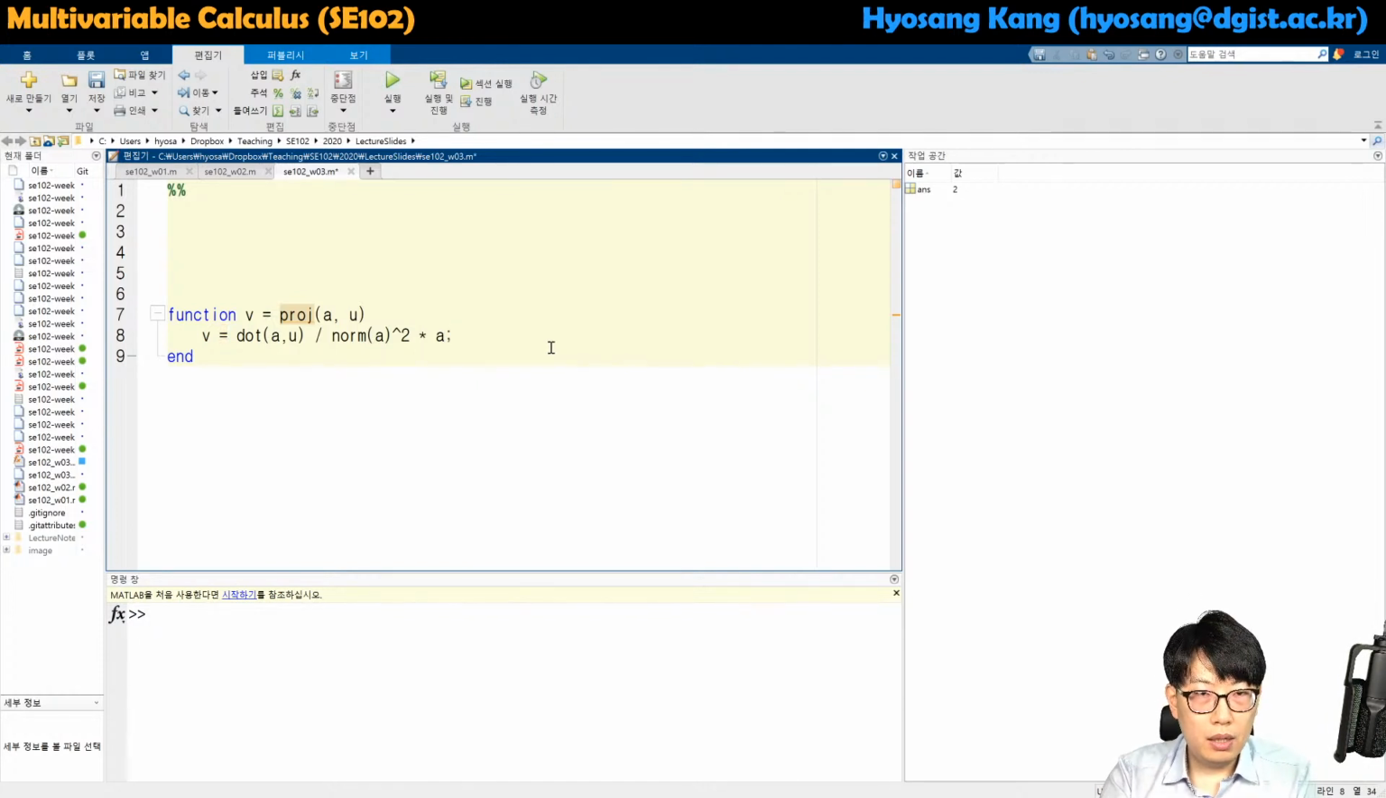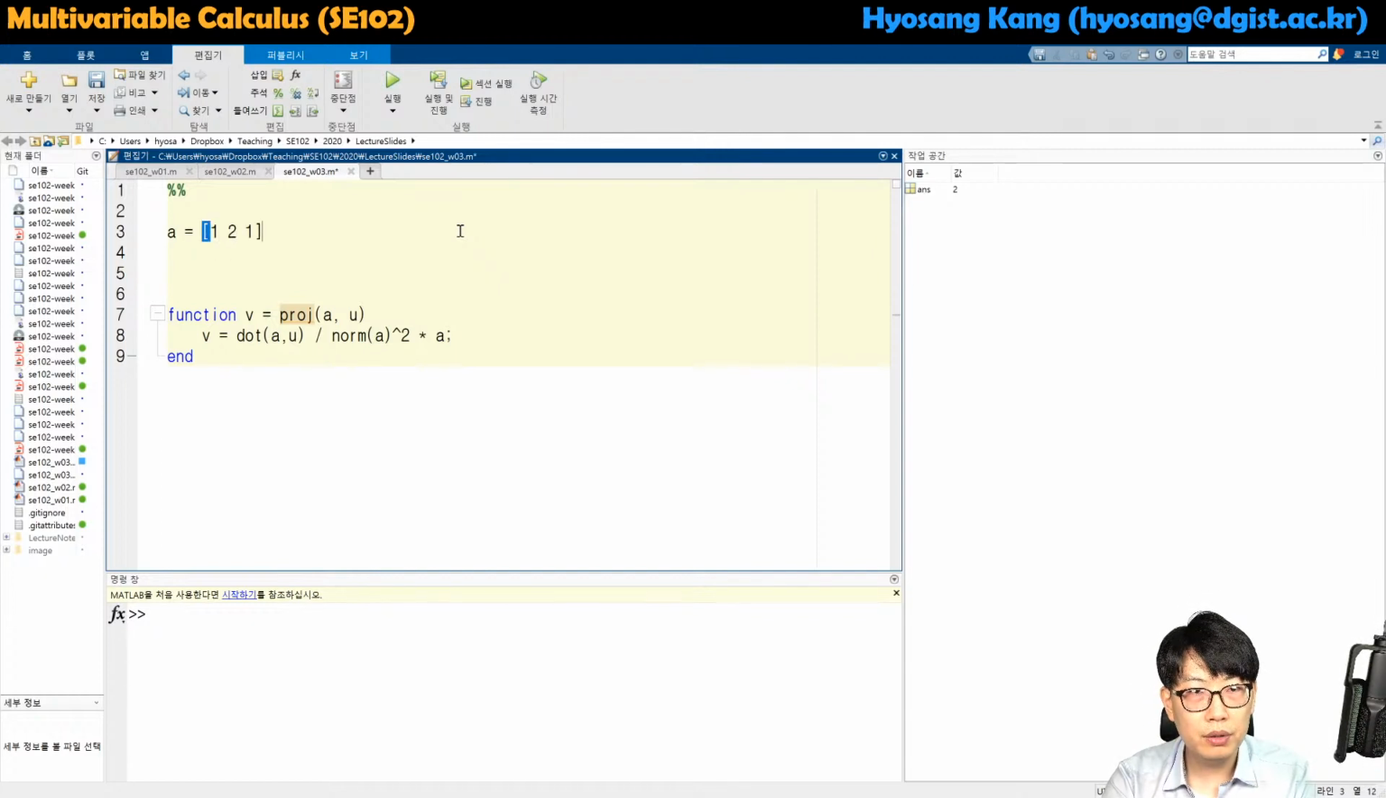Most programming languages require you to put a return something to give an output of the function, but in Matlab this already says that the v is the output. You don't have to return it. But if you don't define what v is inside the function, then it spits out an error message. So anyway, we already did that, and let's define our